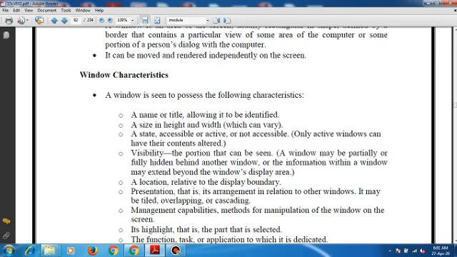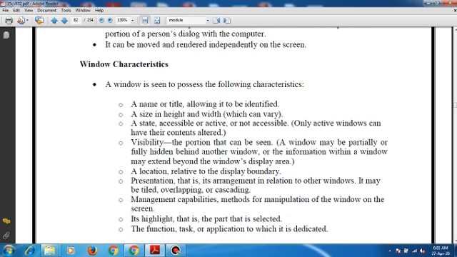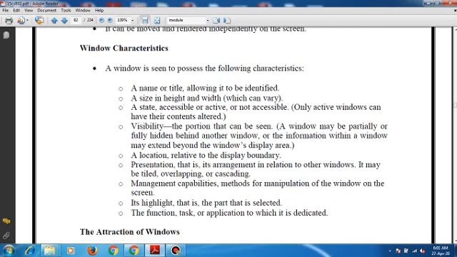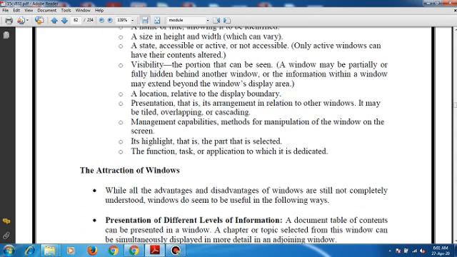Highlight, that is the part that is selected, and the last one, a function, the task or application to which it is dedicated.